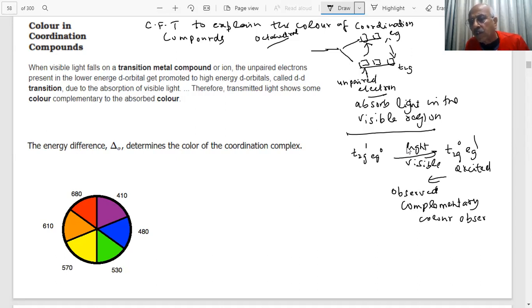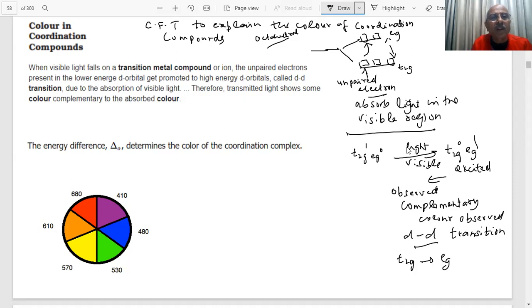So this is called a d-d transition, which you studied in the transition elements, 3d series. The d-d transition is from T2g to Eg. If no ligands are there, no splitting will take place and the compound will be colorless. Only when ligands are there will splitting take place, and there will be an unpaired electron that can be excited. That will absorb light, and the complementary color is what you will observe. Clear?